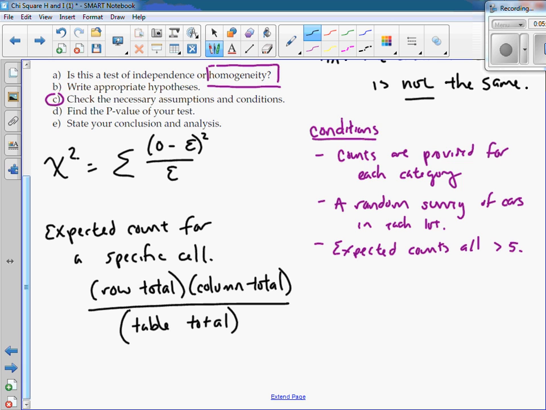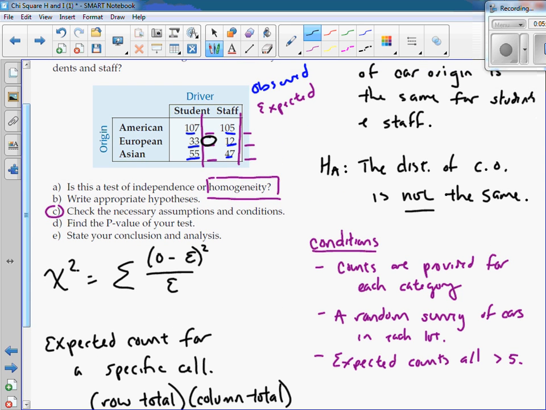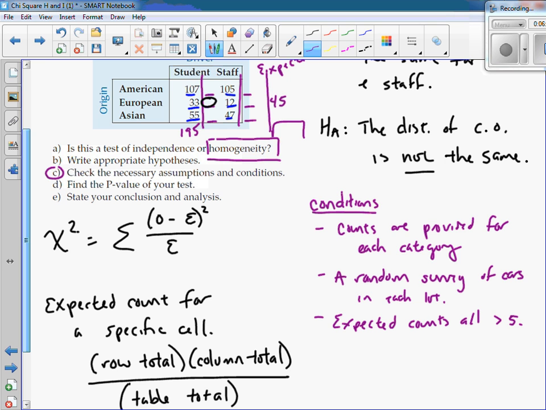Okay, so I could do that. If I wanted to find that one expected section, here's what I would do. I would find the row total, 33 plus 12, that's 45. For the column total, I have 107 plus 33, that's 140, and 140 plus 55 is 195. Okay, and then I would need to find the table total. So right now I have, just for that one specific expected count, I would have